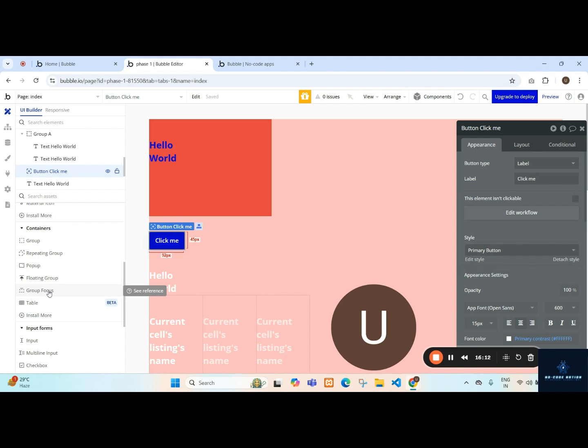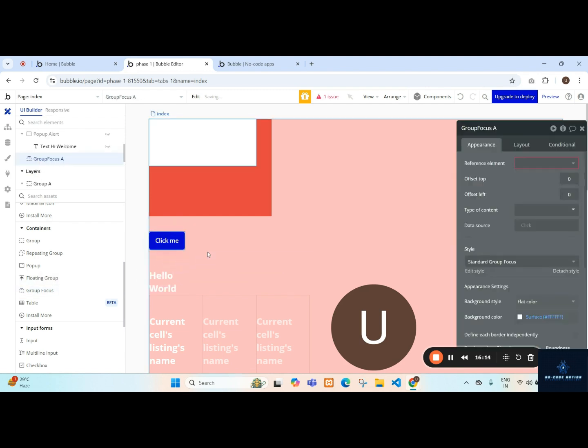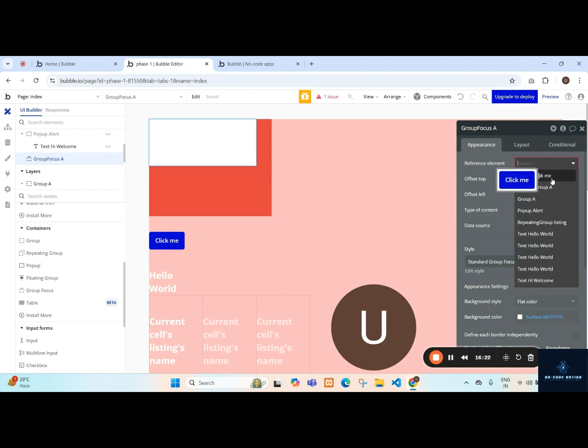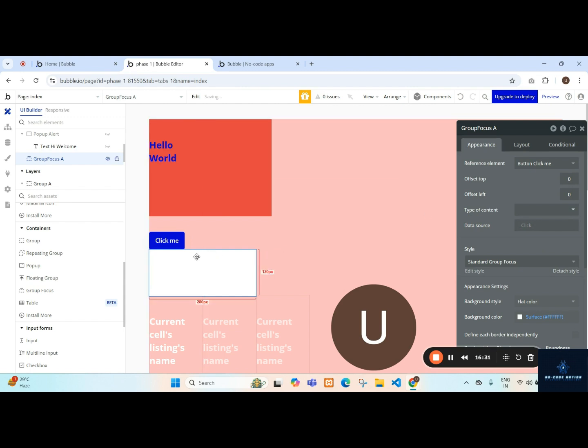For example, I have dragged and dropped this group focus, and I have this particular button click me. I am giving reference to our button click me. Okay,